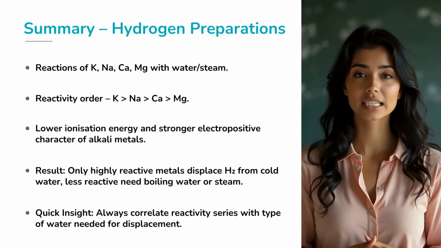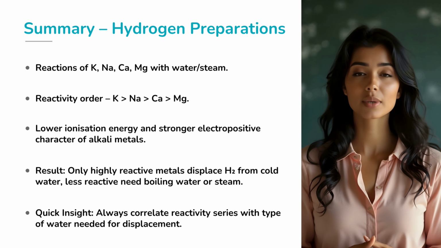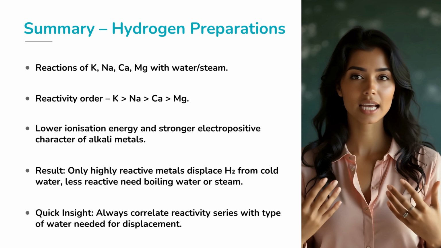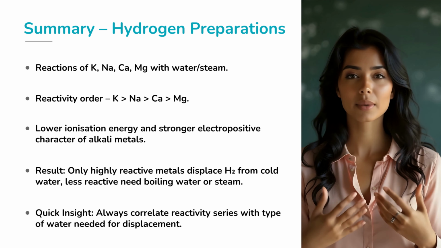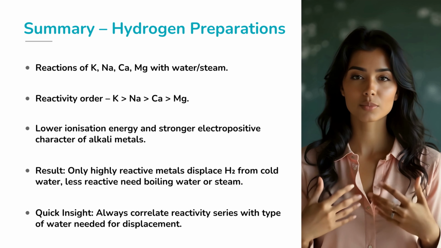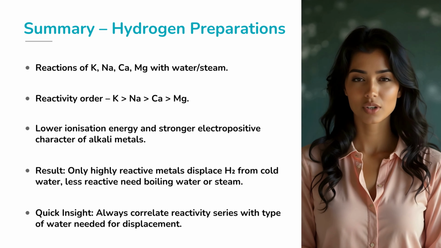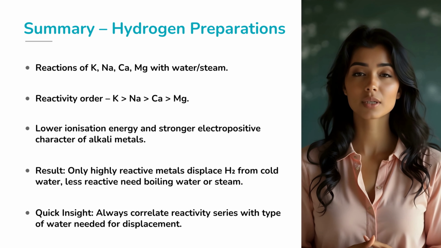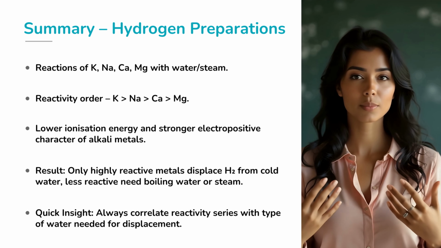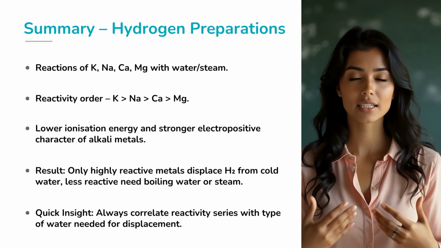with zinc, we've seen that the position of the metal in the reactivity series plays a crucial role in determining how easily hydrogen is liberated. While alkali metals react violently and are hazardous, metals like zinc and magnesium offer safer, more controlled methods of hydrogen production. In the lab, using dilute acids like hydrochloric acid on zinc is a common, reliable method for generating hydrogen gas. So, next time you prepare hydrogen, keep in mind the conditions, reactivity series, and the best method for the job.